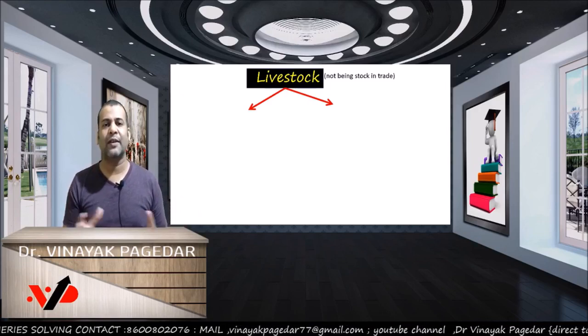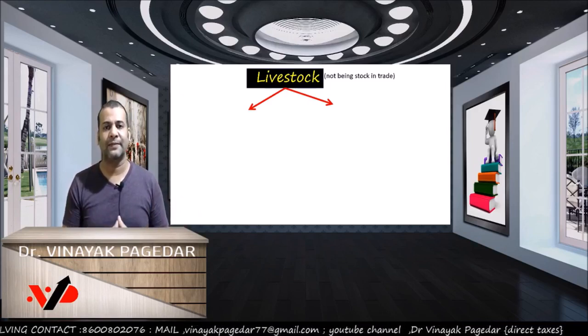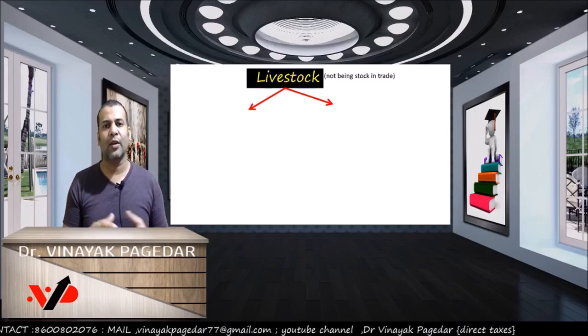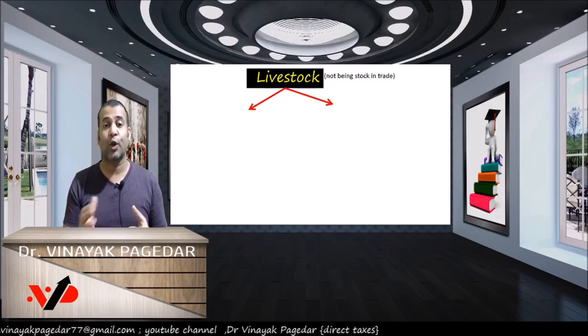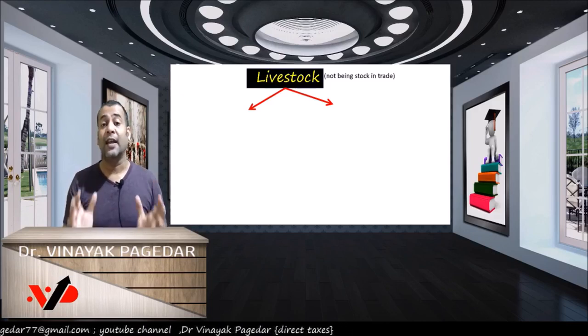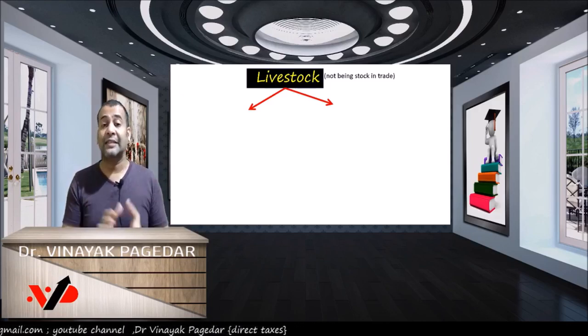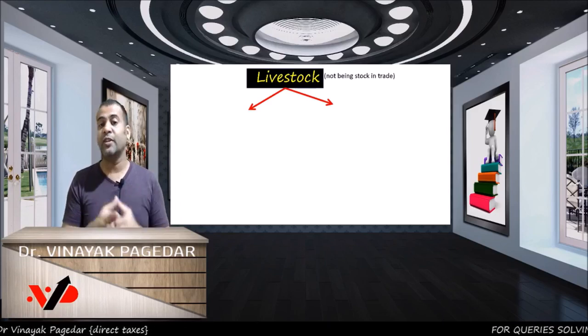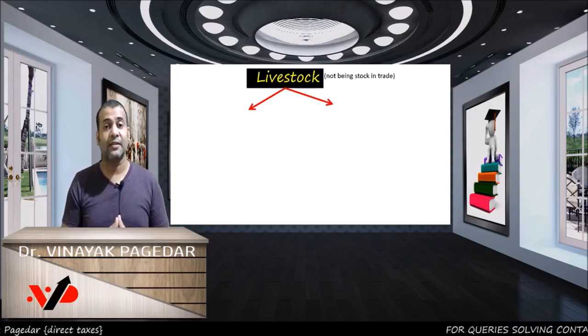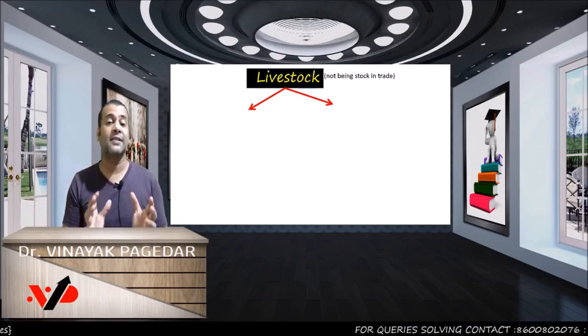We have many such examples, like for example security guards. In security agencies, the security guards etc. are given dogs. The dogs could also be livestock which is ultimately a fixed asset. Those dogs are not meant for buying and selling. They are meant to be used as assets in security services. So these are examples of livestock being fixed assets, and the provision which we are looking at, 36(1)(16), is only for those livestock which are fixed assets.